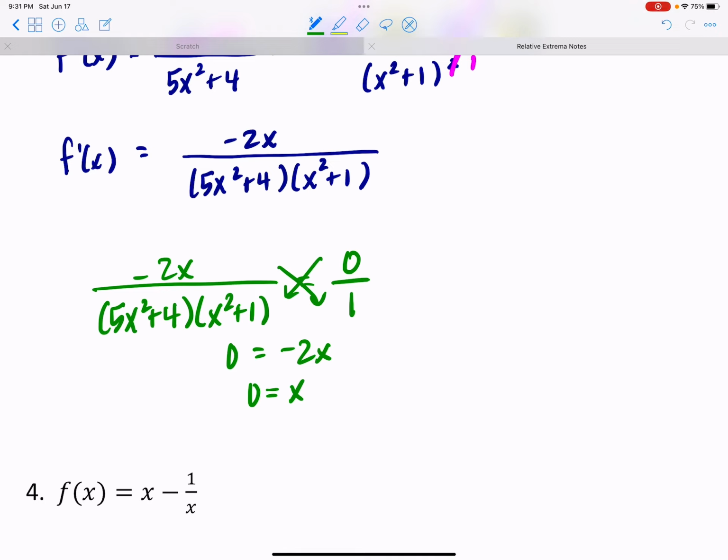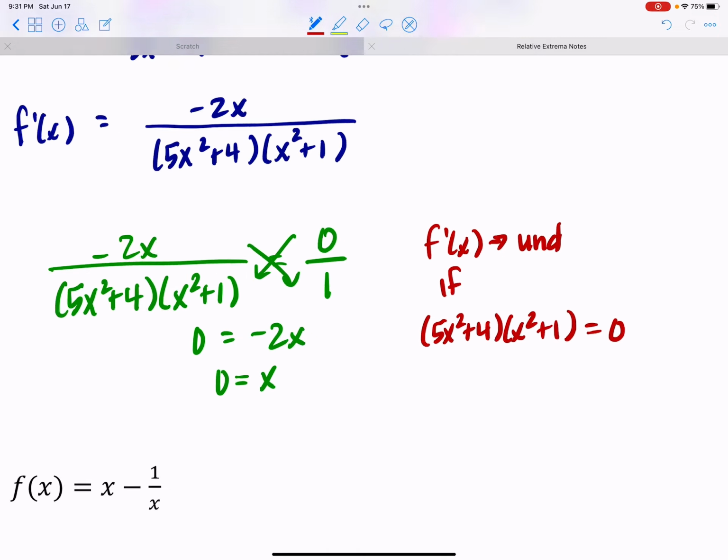so 0 is going to be a critical number. And then if we can make this fraction or make the function undefined, we can get other critical numbers. So anytime we have fractions, there's that possibility. It would be undefined if I can make my denominator equal 0. So f prime of x would be undefined if our denominator, 5x squared plus 4 and x squared plus 1, was equal to 0. But that's not going to happen